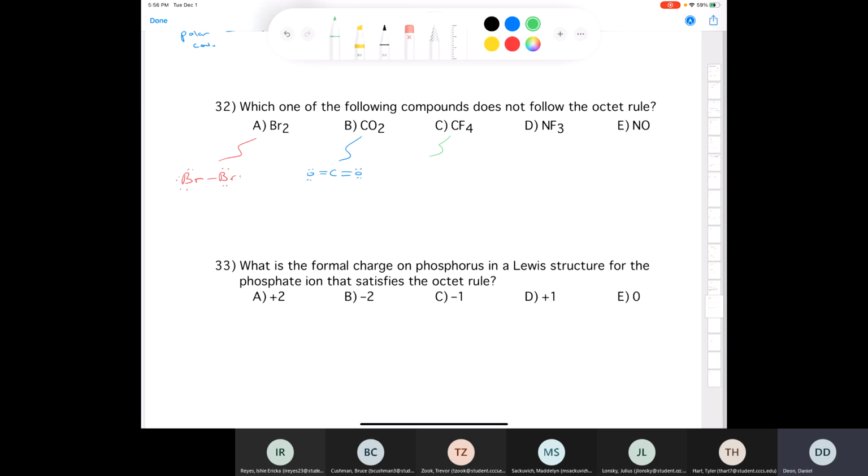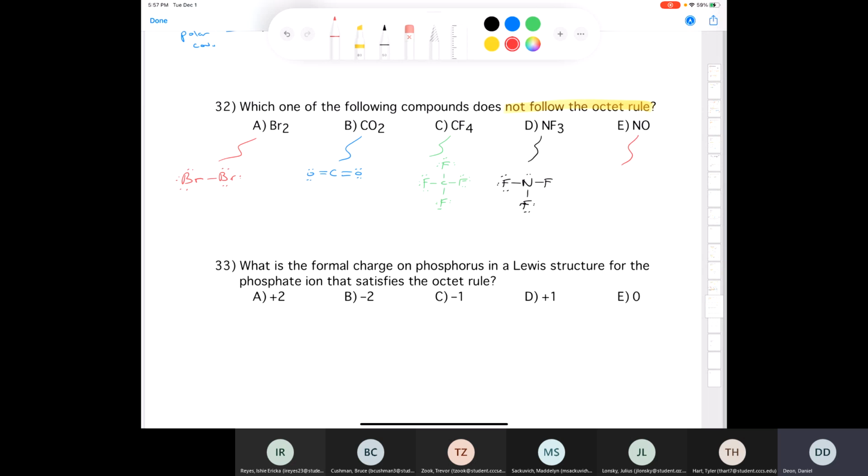It would be literally impossible for that to break the octet rule because all of those elements are in the second period. In order for the octet rule to be broken, you have to have an element from the third period or beyond. Nitrogen trifluoride, exact same thing: every element is from the second period. Oh, sorry, I thought the question said exceed the octet rule. It says does not follow the octet rule. Okay, well, you can see that